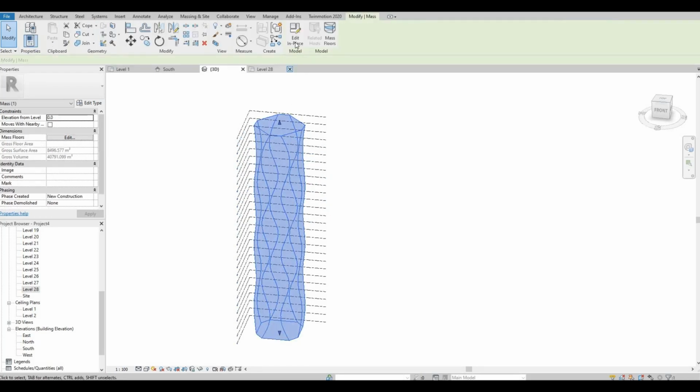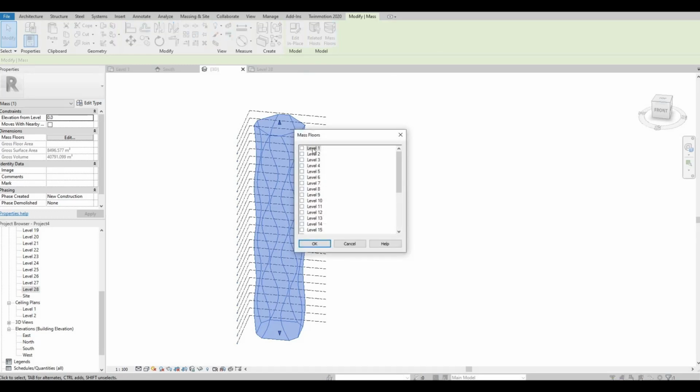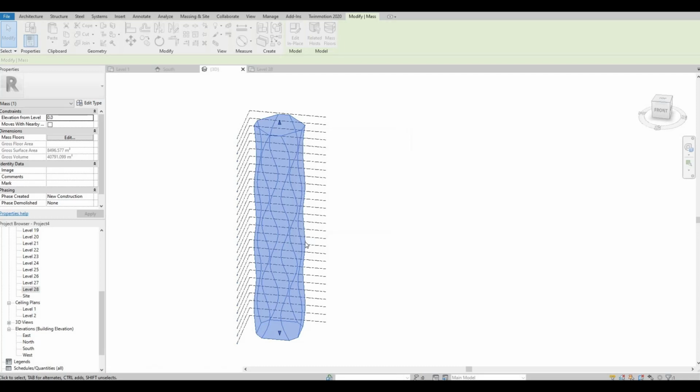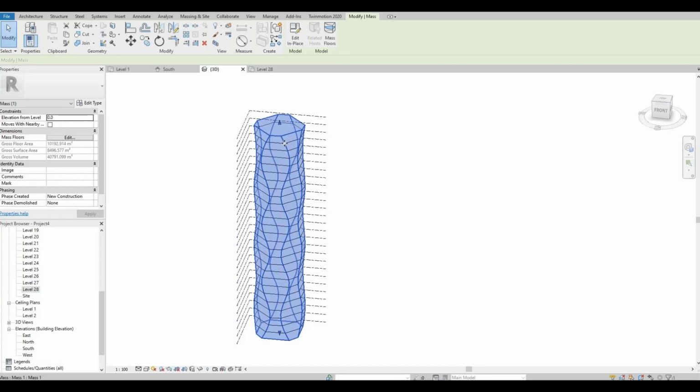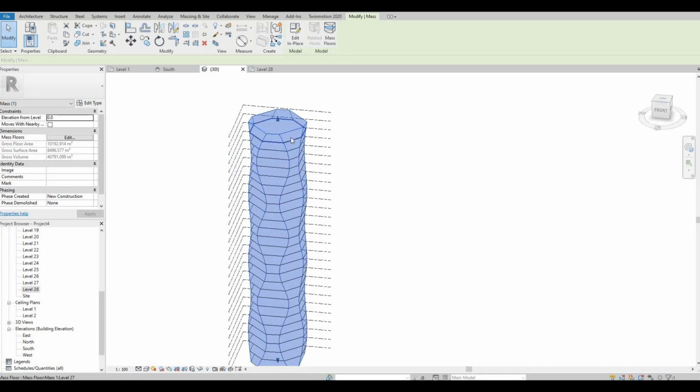Select our model. Let's add in the mass floor. So select level 1, scroll down, hold shift, and then click on this. It will create all the mass floors, but it's still not the actual floor yet. So to do that, you have to click edit in place,